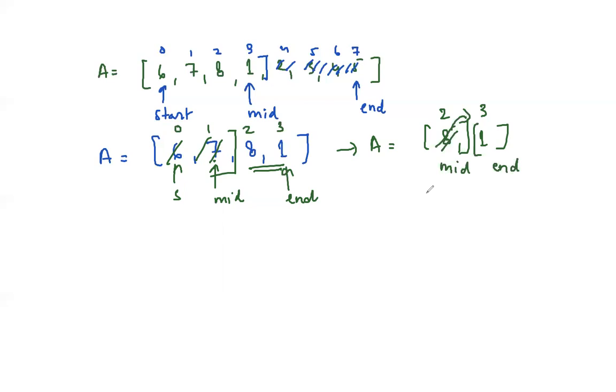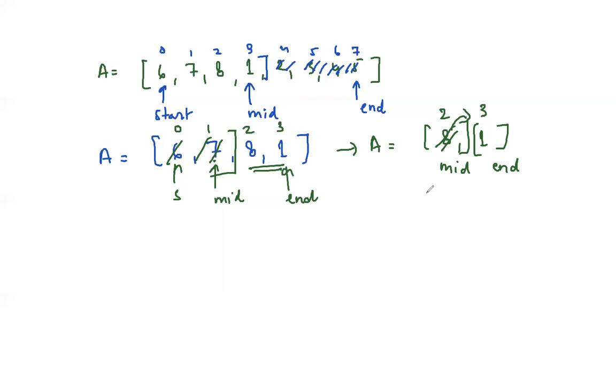So how do you know that there is only one element in an array? Last time I explained the start and end relationship. When there is one element in the array, start is equal to end. That is where only one element is left. So you will run the while loop till start is less than end. You will stop when start is equal to end, because we have to return the last element. Got it? Last element.